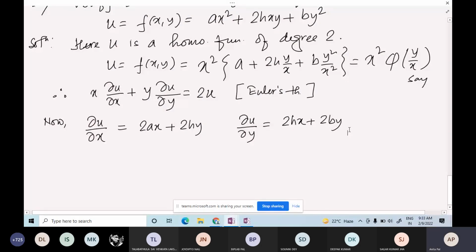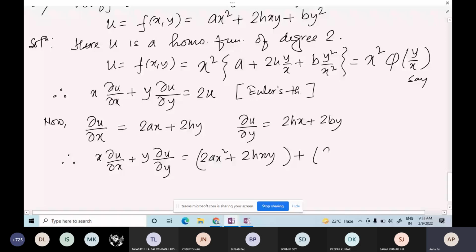Okay, so we have got del u del x and del u del y. Now you have to check that the left hand side is equal to the right hand side or not. Now we'll see what x del u del x plus y del u del y is. If you do x del u del x, it will be 2ax squared plus 2hxy